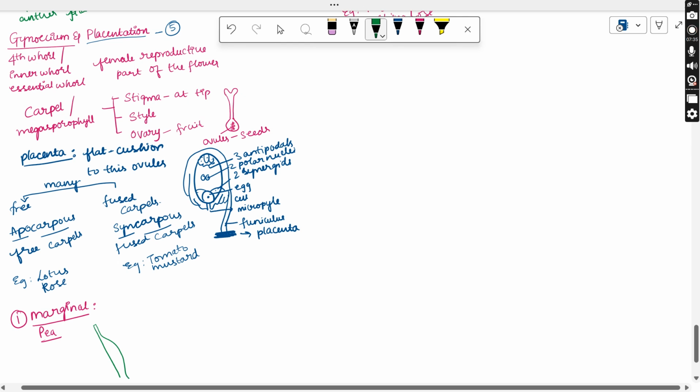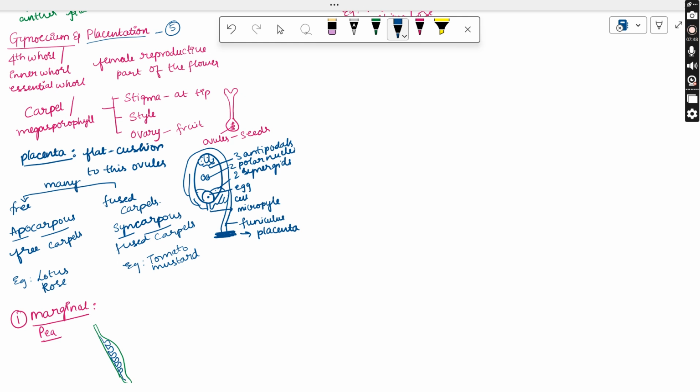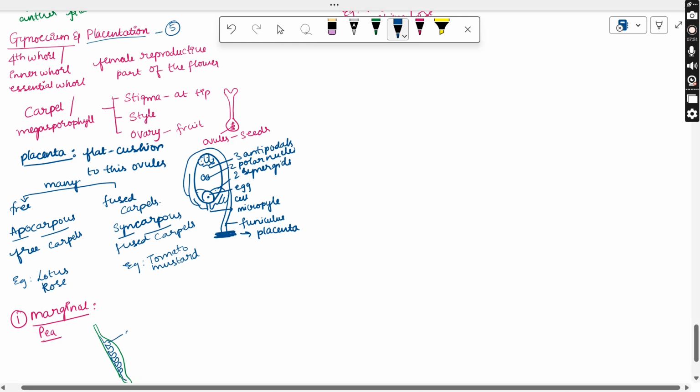Suppose the pod is present in this way. To the one side, or at the one margin, there will be these types of structures. Those peas are nothing but the ovules. So they are attached in this way. Each lobed structure is the ovule, and this structure is of the ventral side, sorry, the front side, and where the bulged portion is there, that is the dorsal side. And this line we call a margin or ridge.